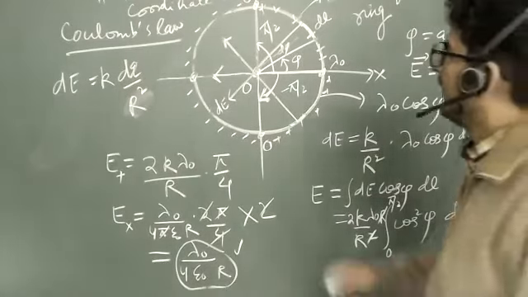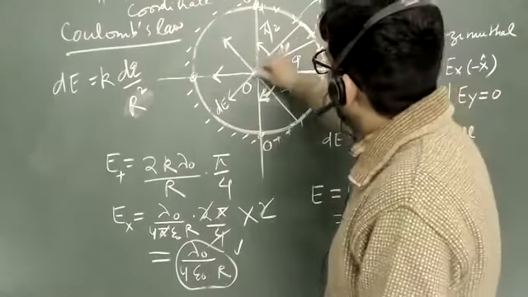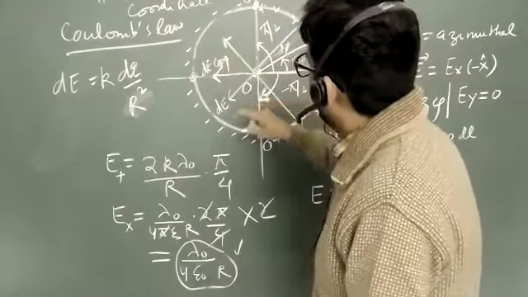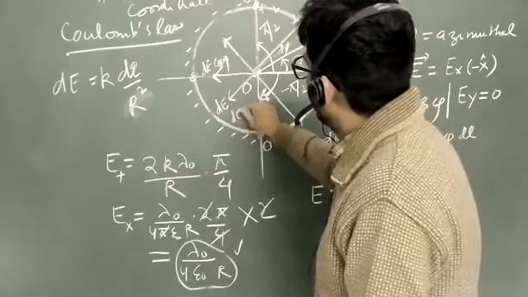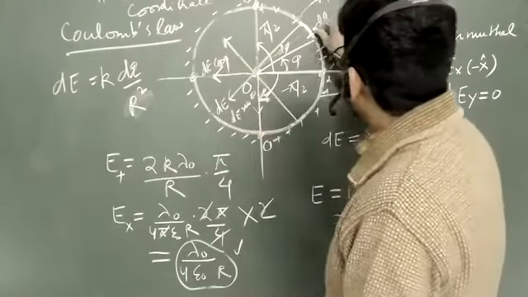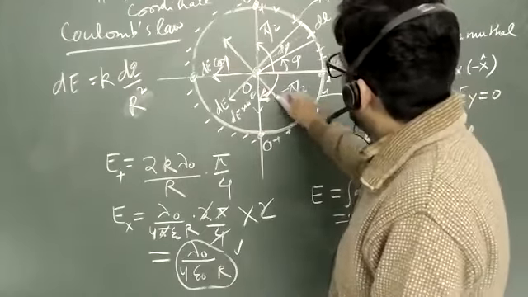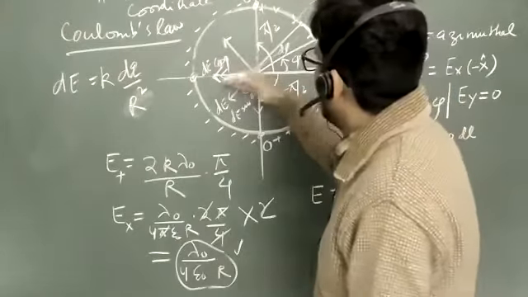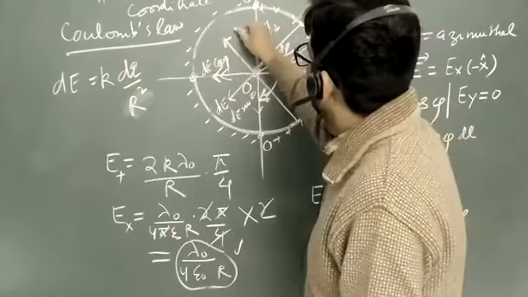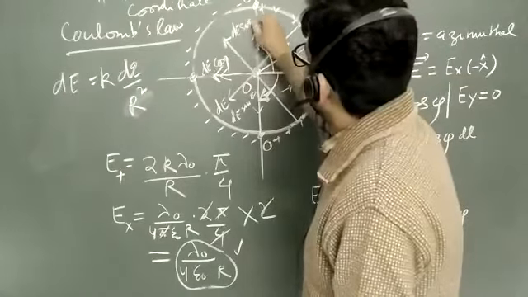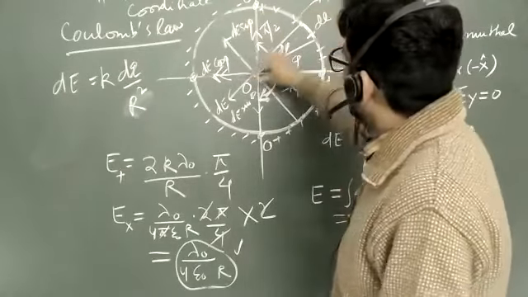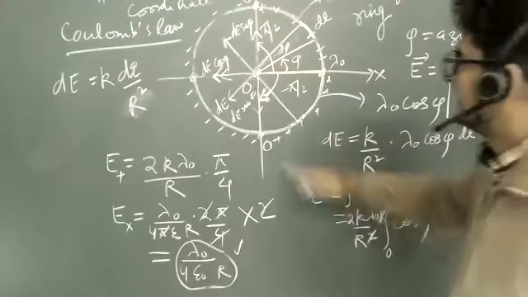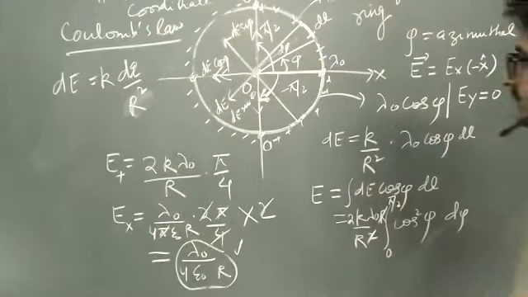Sign thing is clear to everybody? If you take dE here, this will be dE cos phi, and this will be dE sin phi. And if you take the same dL on this side, you will get dE cos phi in the same direction. That means for all components, they will be added. And dE sin phi will be this. If you take this component, sine will be this side. If you take this component, sine will be this side. So both will keep cancelling. And the same thing will happen with negative charges also.